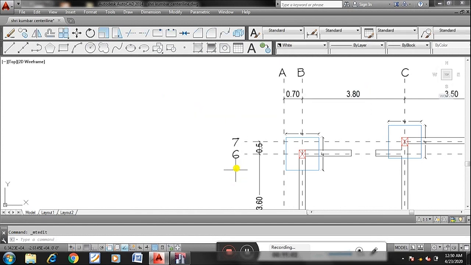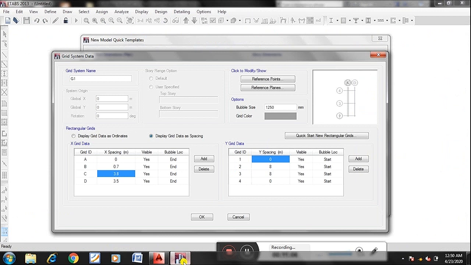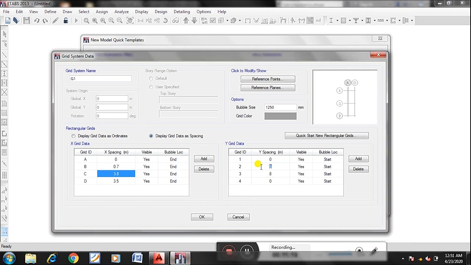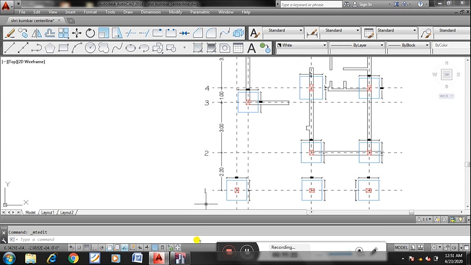These are the horizontal lines. First, 1 is 0; I'll treat it as 0 here. 2, how much is it? 2 is 2.2. Next, from 2 to 3 it is 3 meters.